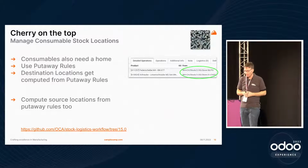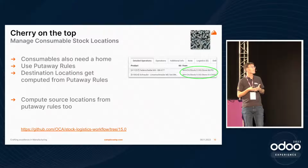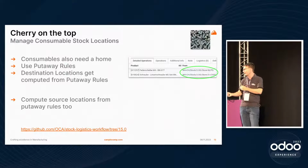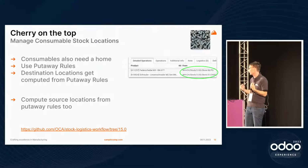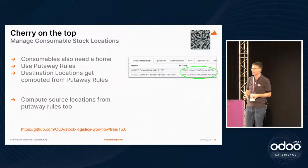And I promised a cherry on the top. Here we are not talking about manufacturing, but a very close topic. Consumables. Consumables also need a home. If you're working with consumables, it doesn't mean that they just disappear physically when they enter your warehouse. You still need to put them somewhere, and the other guy who needs these components also needs to know where